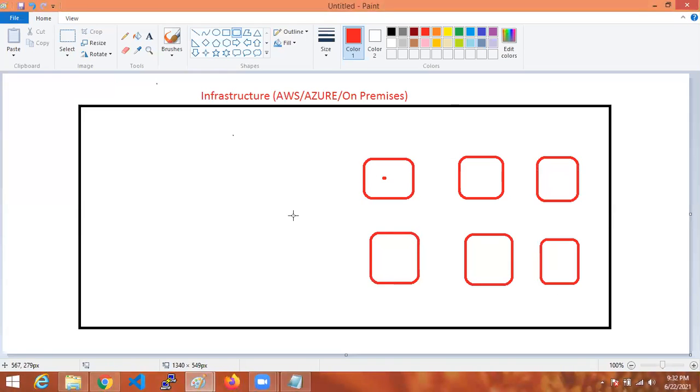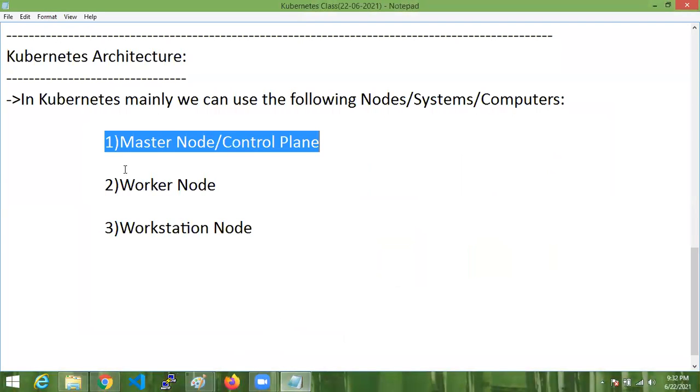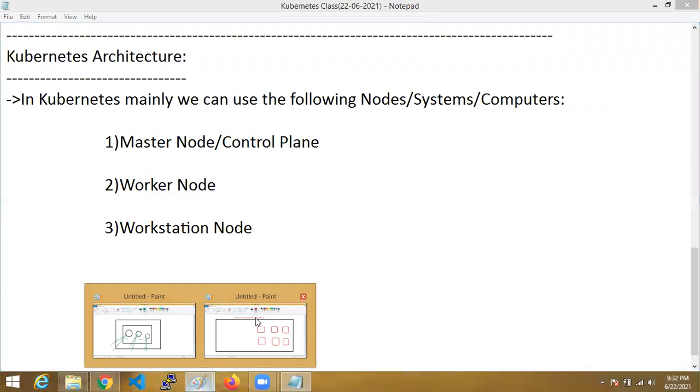These nodes are nothing but systems. In these systems, we are going to maintain three things. One system I want to maintain as the master node. One system I want to maintain as the workstation node. The remaining systems I want to maintain as worker nodes.